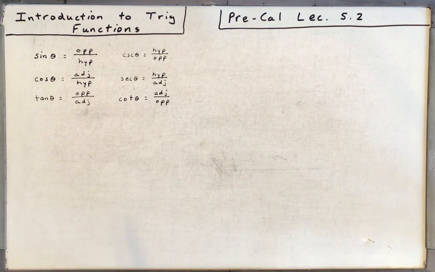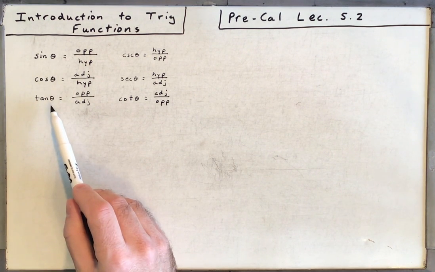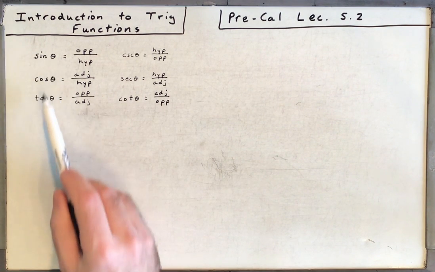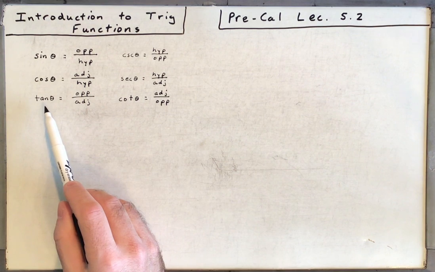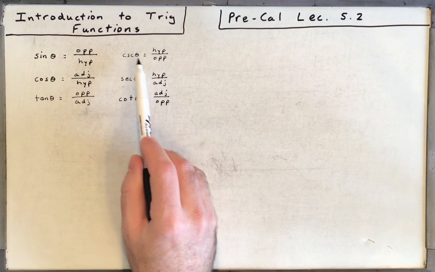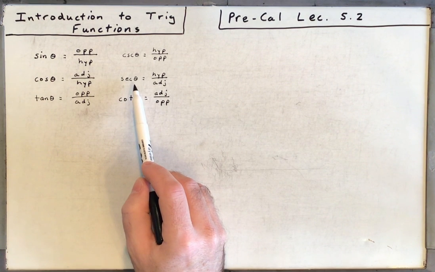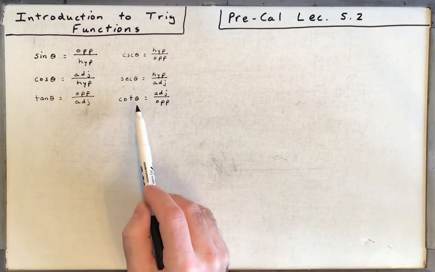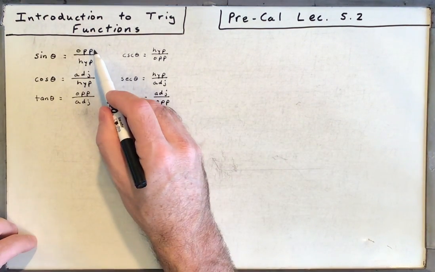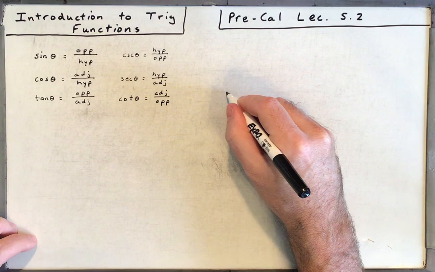On your notes, you already have typed out the definitions of sine, cosine, tangent, cosecant, secant, and cotangent. These are the basic trigonometric functions: sine, cosine, and tangent. Sine's reciprocal, which is the same as 1 over sine, is called cosecant. Cosine's reciprocal is called secant, and tangent's reciprocal is called cotangent. Now we can relate all these to opposite over hypotenuse and adjacent over hypotenuse, which has to do with the sides